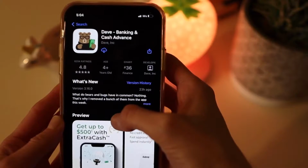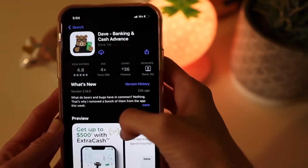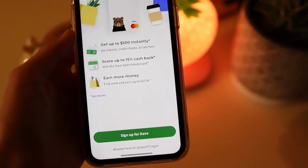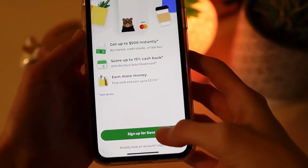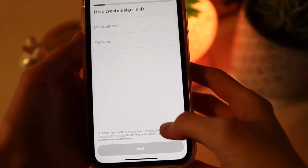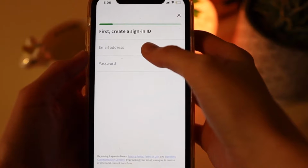So one of the good things that I noticed about the Dave app is that it has over 1 million positive reviews combined through Google Play and the App Store. And Dave has also issued more than 50 million cash advances since the year 2017. With Dave, you can get an instant cash advance for up to $500, and one of the good things about this is that they do not do credit checks, so it only takes a few minutes to see what you